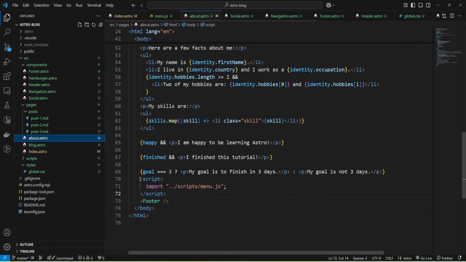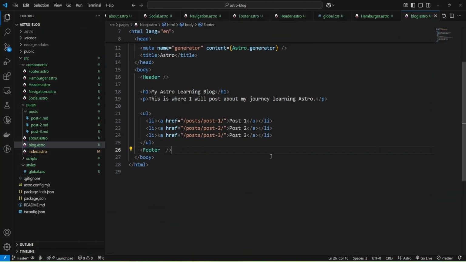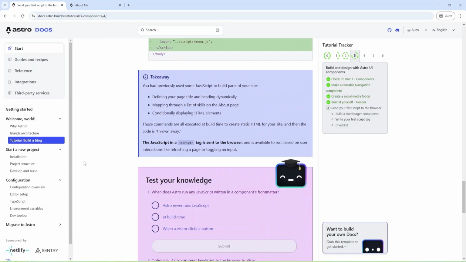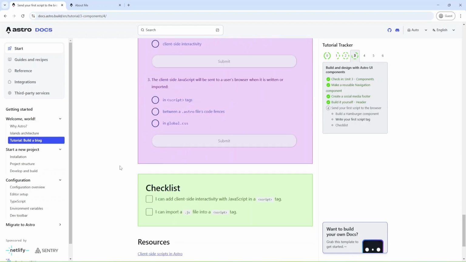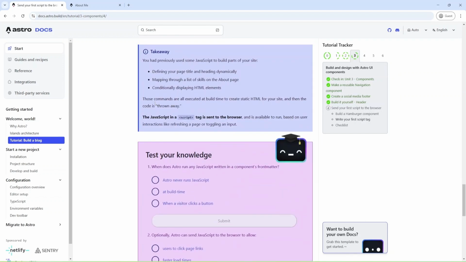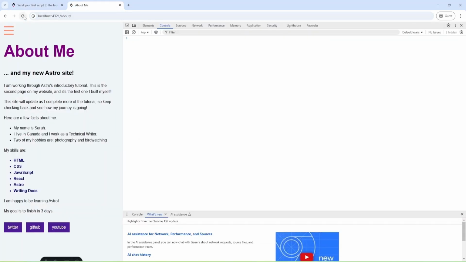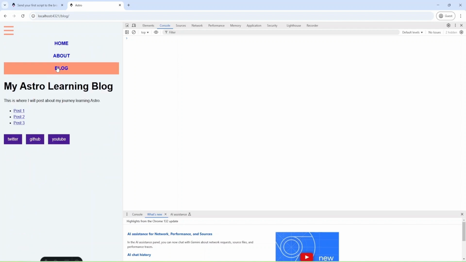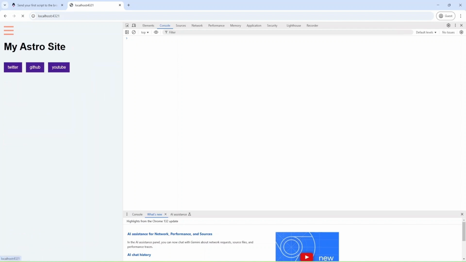Okay, we can add it below the footer, and the same for blog, inside blog. And that's all. Let's check our functionality. I'm going to press on the hamburger, and as you can see, we have the menu, and for blog the same.